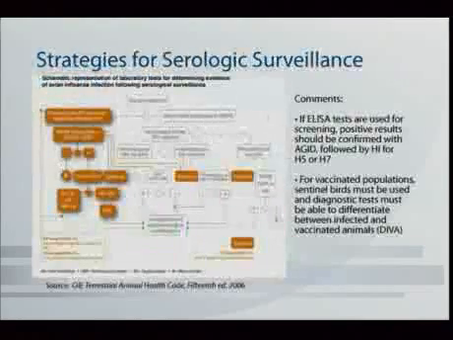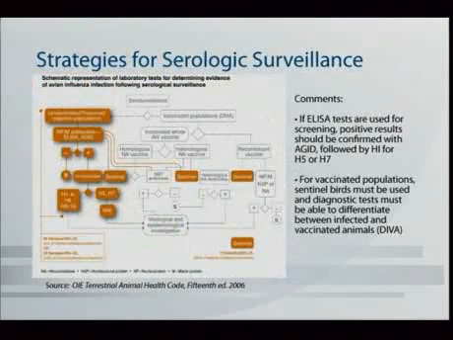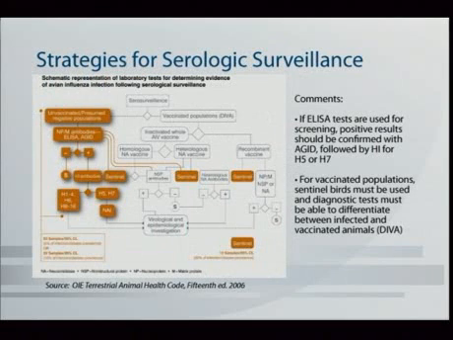But again, here's a diagram, again from the OIE Terrestrial Animal Health Code, chapter on avian influenza, outlining the strategies for surveillance in unvaccinated populations versus those in vaccinated populations. In unvaccinated populations, you can use both type-specific antibody tests as well as subtype-specific tests and have full identification of any of the 16 subtypes. However, in vaccinated populations, as you see on the right-hand side, we have two choices, either